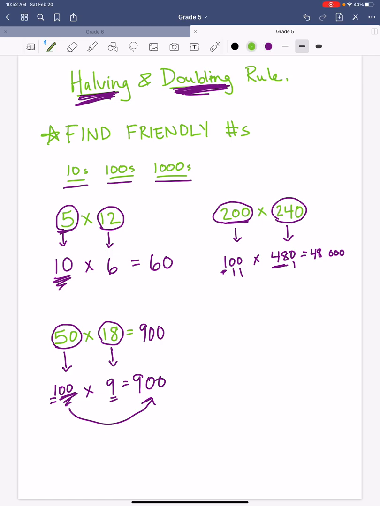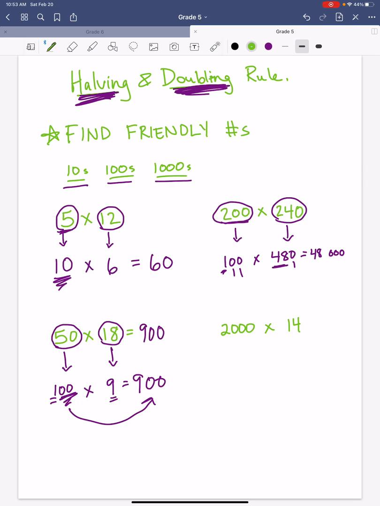Let's try 2,000 times 14. Okay, so again, that one is not super easy when you just look at it, but if